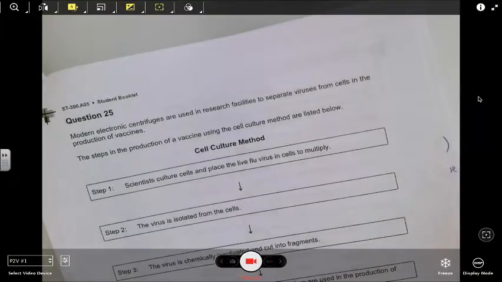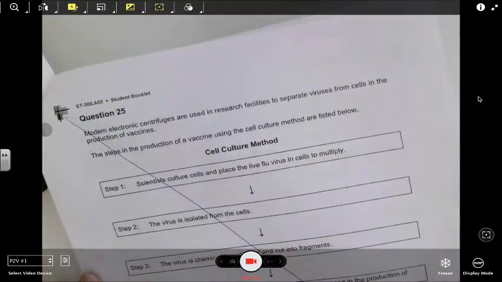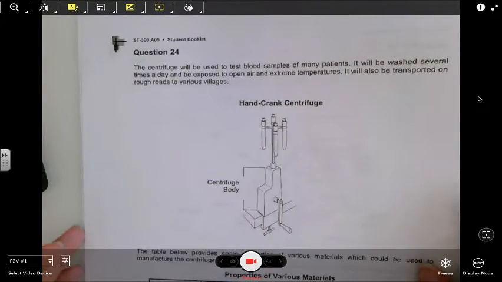I am going to answer all the questions you guys are writing for the checklist. I'm just going to finish this because we don't have to do part 25. Question 25, I'll explain that in a second. But this will be the last question and then we'll go into the checklist.